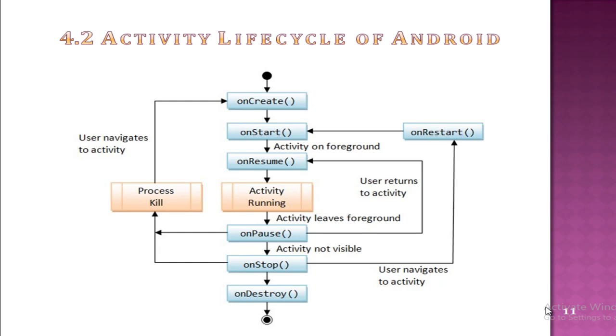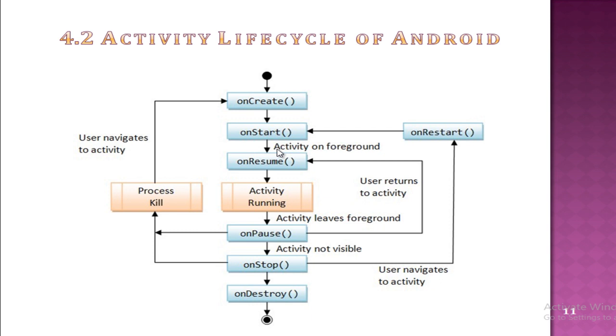Today we are going to see the activity life cycle of Android. This topic was already covered in the last chapter. We will see an overview of the activity life cycle of Android. So first is the onCreate method, right? The onCreate method, onStart method, onResume method, these are the methods. Activity start, activity running, activity killed, activity stopped. These are nothing but the states.